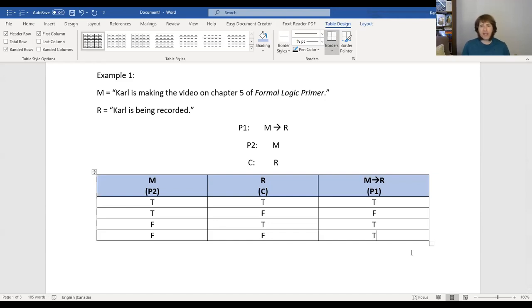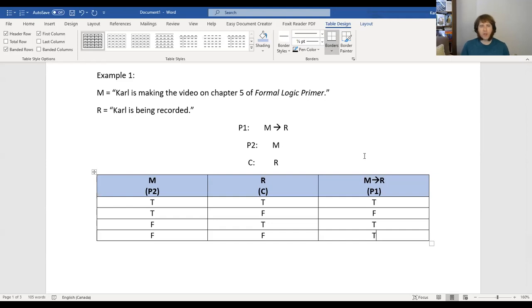So look, we've got our table. This is a full truth table that diagrams everything that's going on in this argument. We've got all the possible situations. We only have two simple statements, so there's only 4 possible combinations of their truth values, right? They're both true, they're both false, or one or the other is true, while the other one's false. That's what the 4 rows show us. We know that in 3 of those 4 rows, the statement if M then R is true. So now we need to move on to our